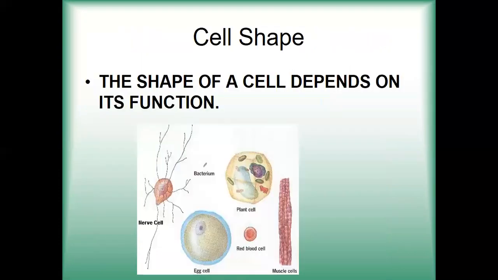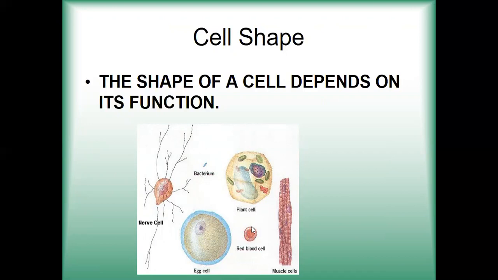Then coming to cell shape, as you all know, different cells are of different shapes. This shape basically depends upon the function. Now first, as you can see here, RBC, a red blood cell. In humans, red blood cells are circular and biconcave, so that they can pass through the narrow capillaries and transport